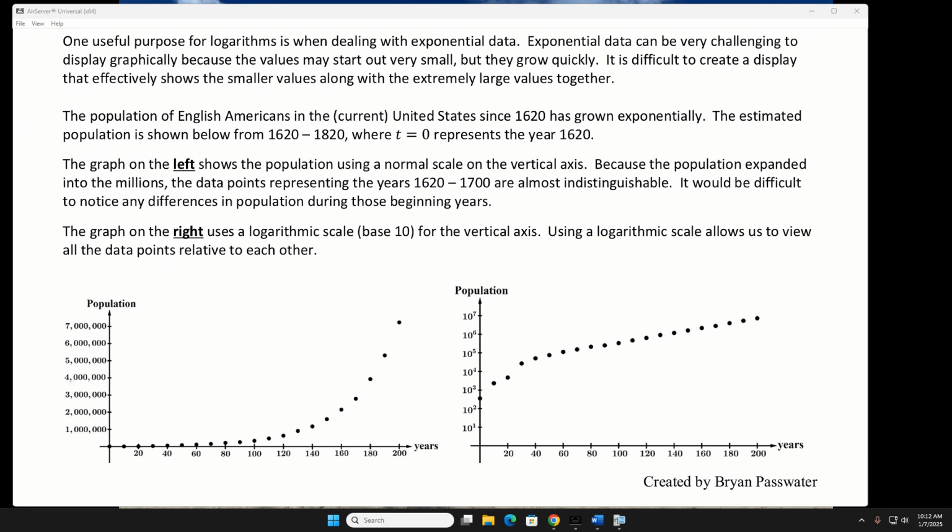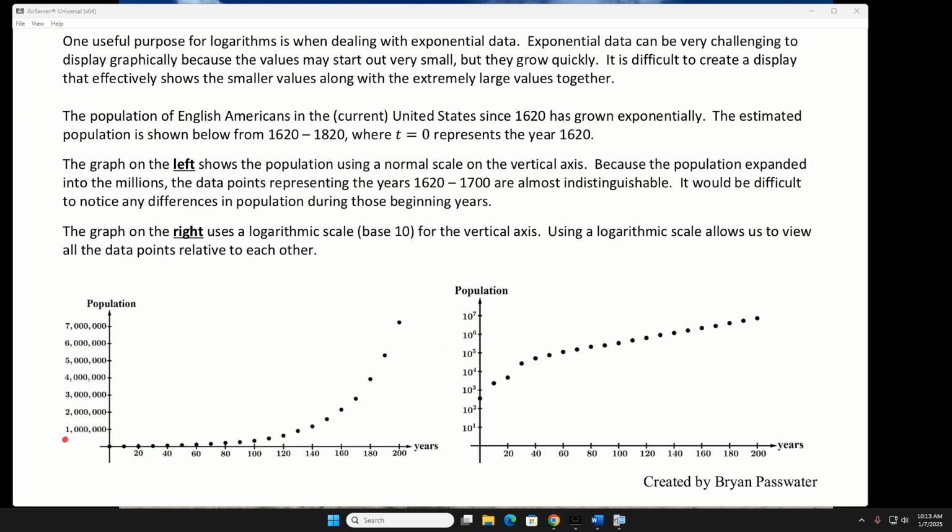So what we have here on the left and the right is the population of English Americans in the United States between 1620 and 1820. And so we're looking at this one. These values are all so close together. It's kind of hard to tell what's even happening. It looks like it's just flat. And so this graph is